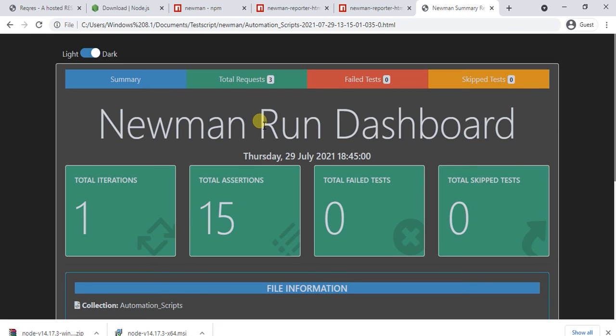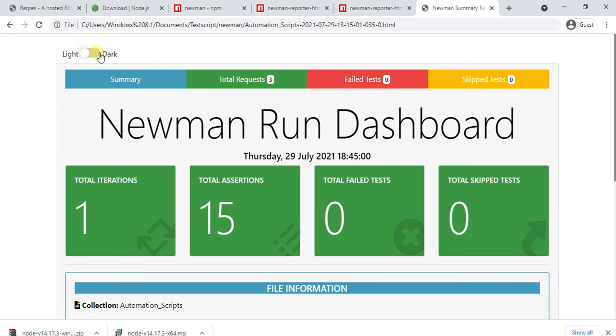This is the HTML extra report. It got generated. So here I have light and dark mode.